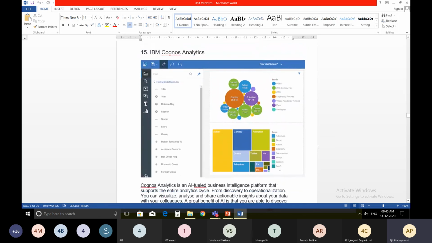So these are the different BI platforms in the market, from different companies including Oracle, IBM, and Microsoft. The aim of this is that you should be aware of the different BI platforms in the market, and you can now understand that each BI platform has different features, and particularly